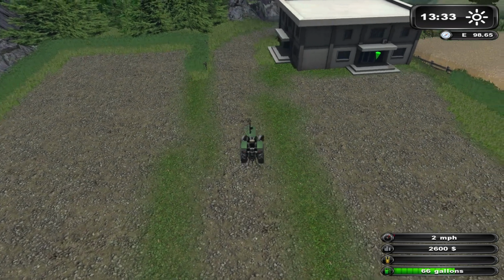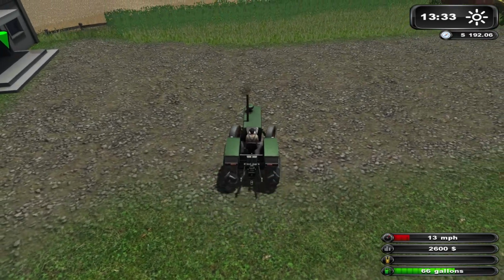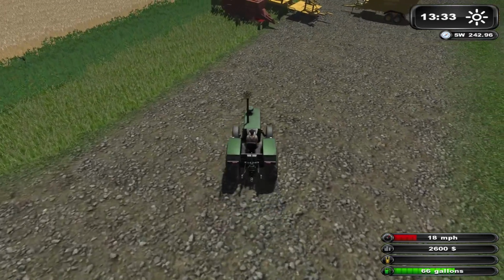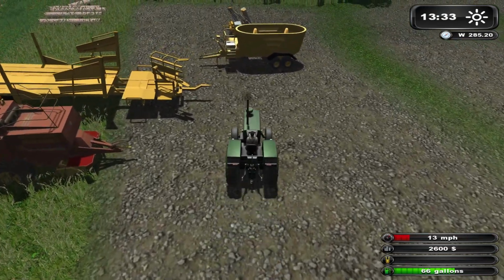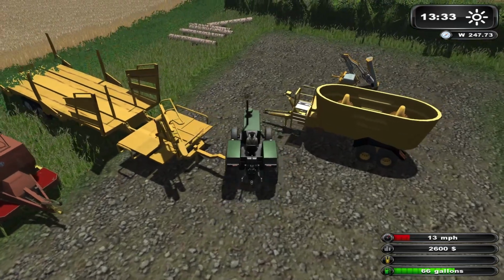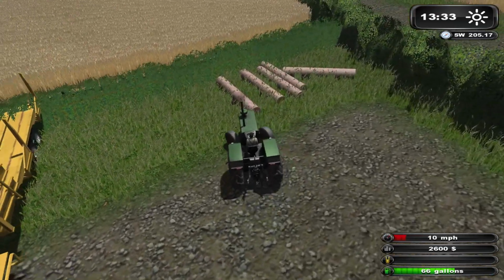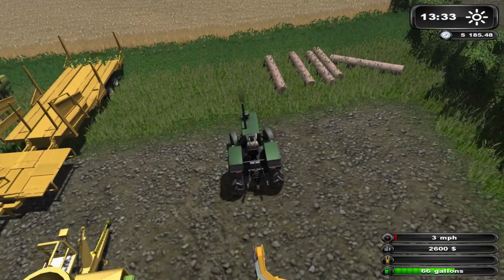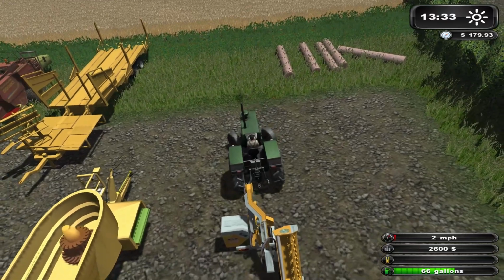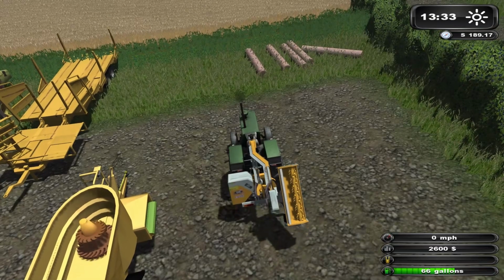Alright, I'm kind of excited to see how this kind of works. And we have a ton of hedge in here to trim. Oh, we got a bunch of junk in the way. Oh, it's way over here. Got a few logs sitting there. You may wonder what those are there for. Just had them there for testing, because this is where the trailer spawns, so...